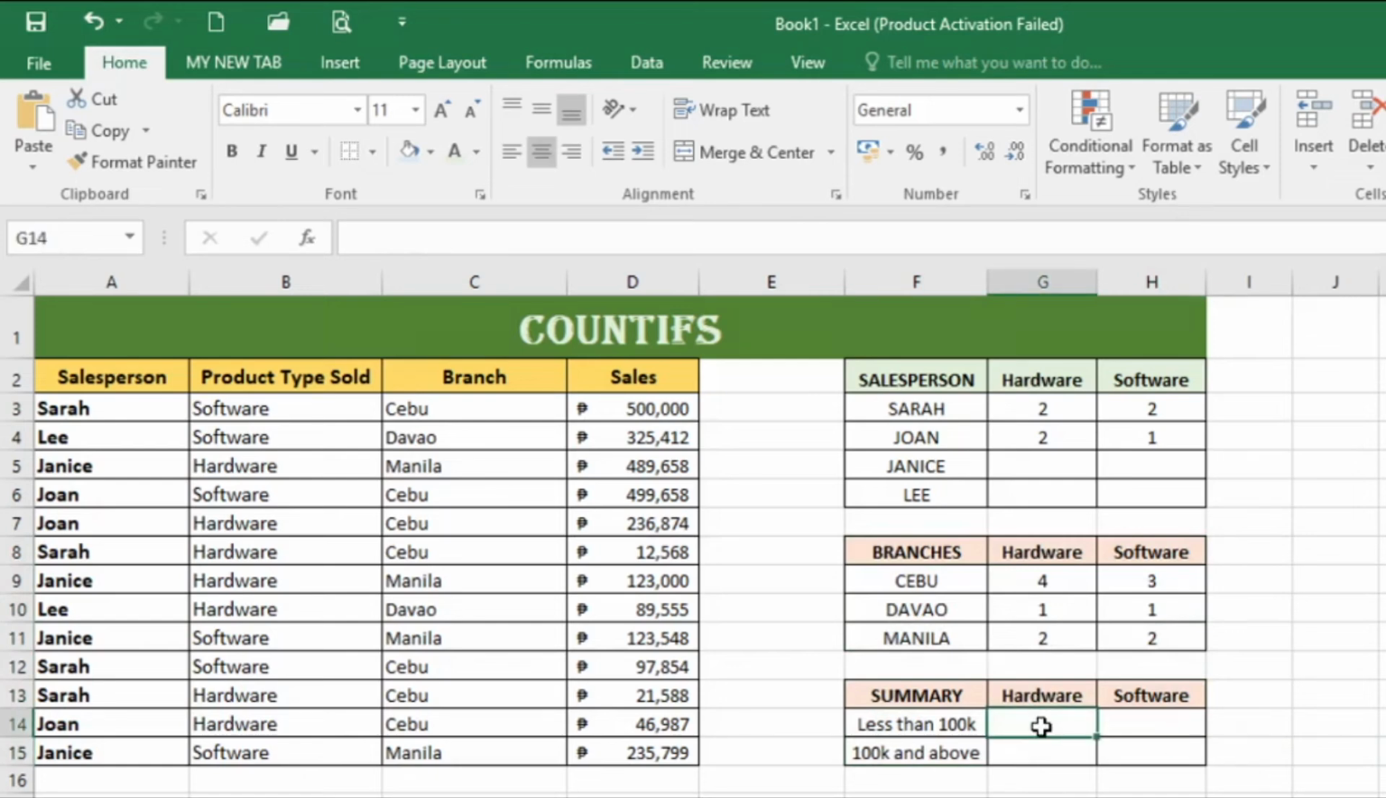So first, let's put an equal sign under cell G14, then COUNTIFS, open parenthesis. Then our criteria range 1, since we will only be counting how many sales are under or less than 100,000, we will highlight these cells, this range D3 to D15. So we are looking for sales within this range with